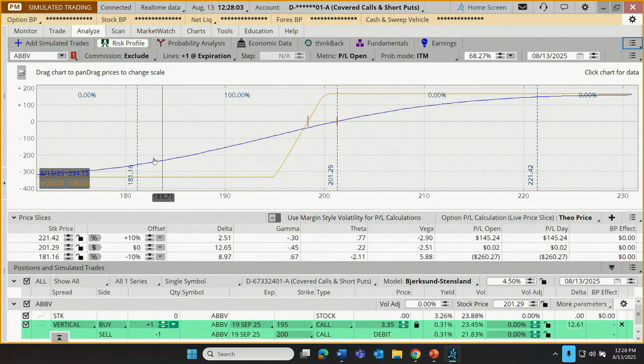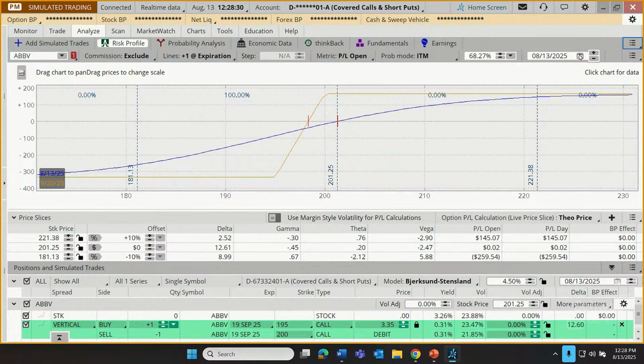But let's get acquainted with these slices, okay? And to do this, I'm going to be drawing our attention now to the features up here in the upper right. So there's a date down here that can be manipulated. There's also a date up here. What's the difference? Well, this is a probability date. This down here is the date of the trade.